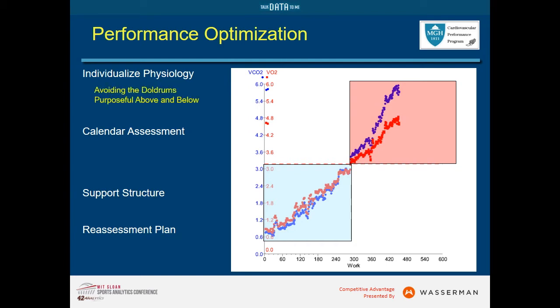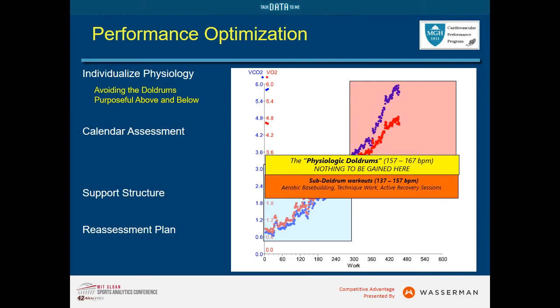So first part of individualizing physiology is to avoid the doldrums and to work out purposely above and below this area. So the physiologic doldrums look something like this. It is an exercise intensity that is roughly 5 beats above and 5 beats below your ventilatory threshold. Nothing to be gained here on day-to-day training. The vast majority of athletes that are left to their own devices, endurance athletes left to their own devices, will do this over and over and over again, and they will fail to reach their performance potential. So the first thing we do is have them understand that in this heart rate zone, there's nothing to be gained on a day-to-day basis from training there.